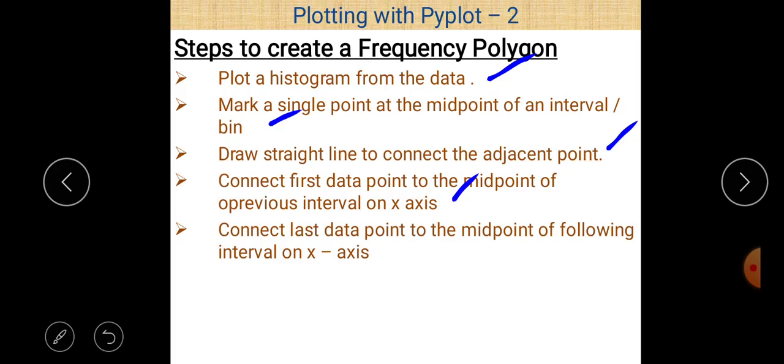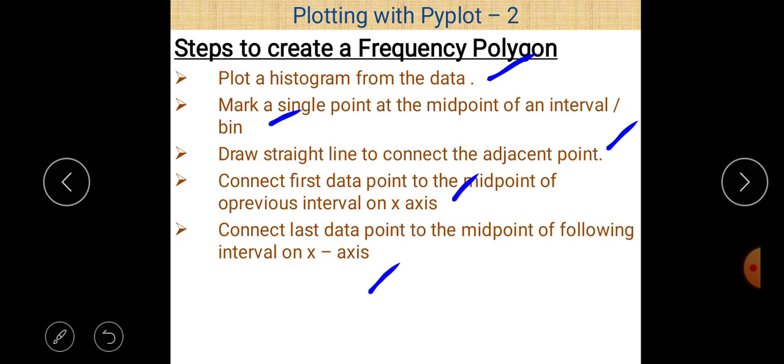And last, connect the last data point to the midpoint of the following interval on the x-axis. After that, we get a frequency polygon.